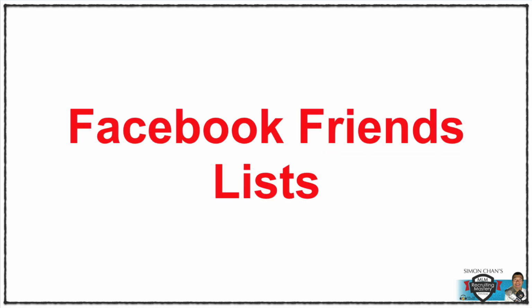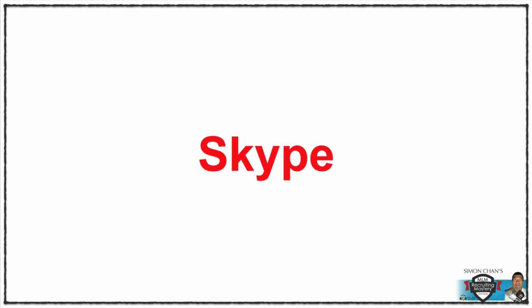Okay. Another great tool is the Facebook friends list. Now, we talked about this in the follow-up module. I put everyone I meet on Facebook into some type of list. So it's very easy to sort out. It also allows me to catch up with them. It's also power networking. If you don't know what I'm talking about, make sure you go back to the module about follow-up, especially the one that talks about using Facebook friends for follow-up. And the last thing is Skype.